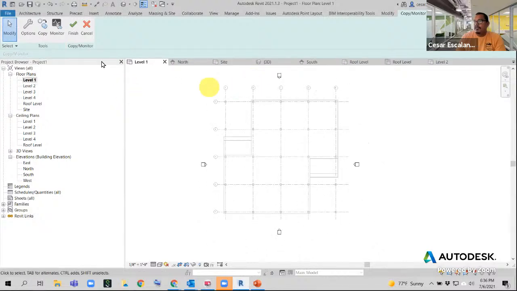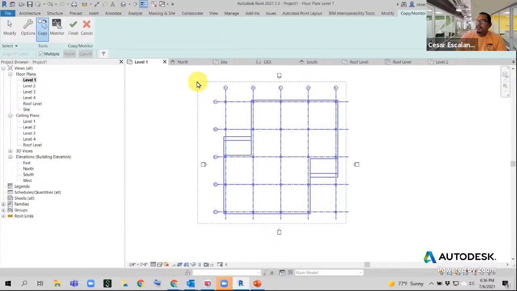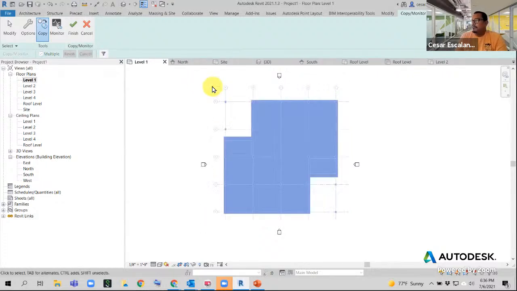So switch to copy here. And then use the multiple checkbox in the options bar. And do a crossing selection of everything on the screen. Revit is going to select the things that it can copy monitor, but we're only interested in the grids. So we need to filter out